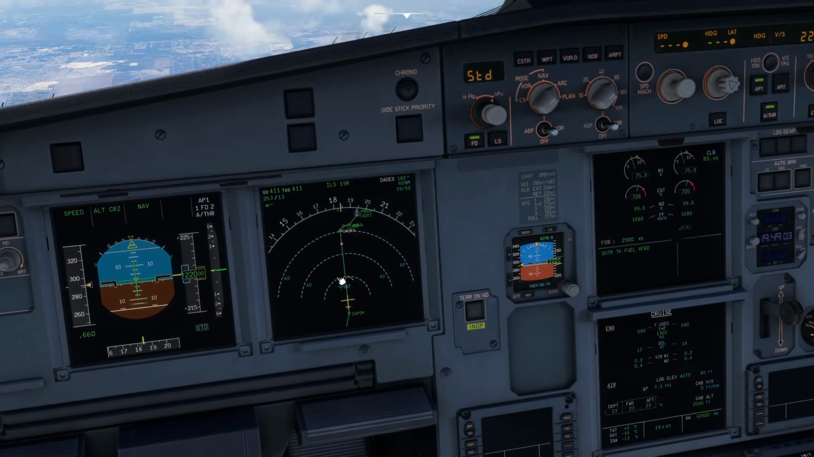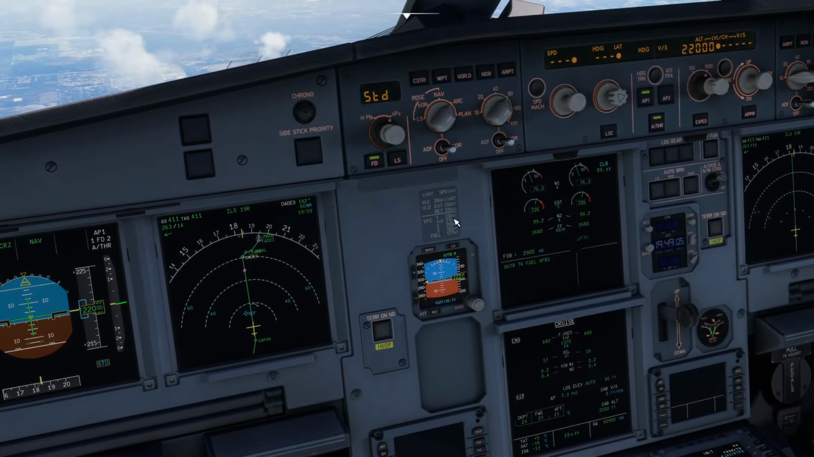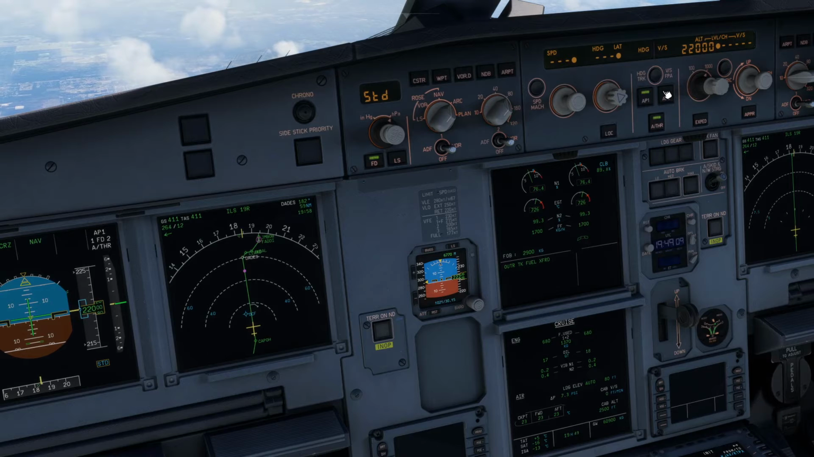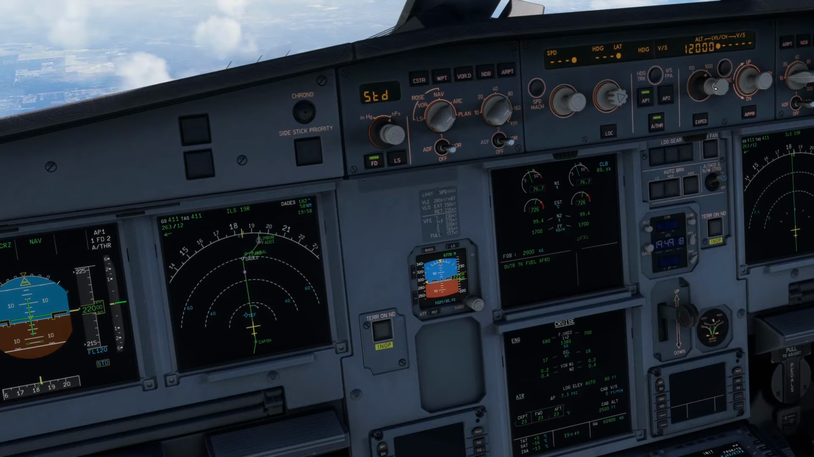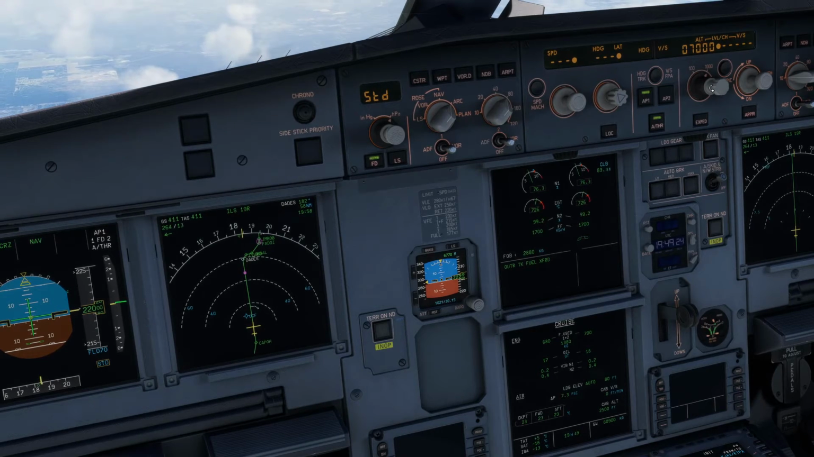So we're coming up to top of descent. In order for the aircraft to descend, sorry, top of descent, I really can't talk today. In order for the aircraft to descend properly, we need to go and set the altitude we would like to get to. Notice it's not reacting to me doing this. So we want to,